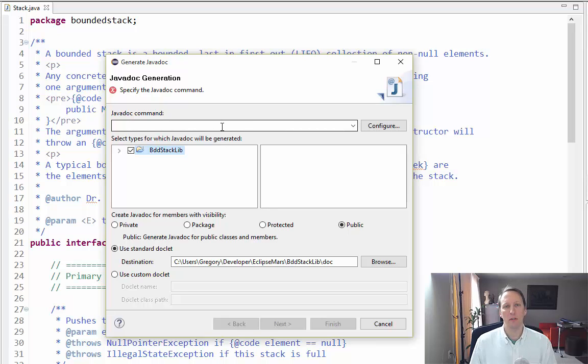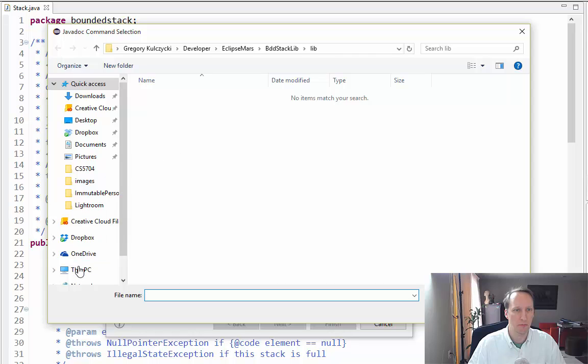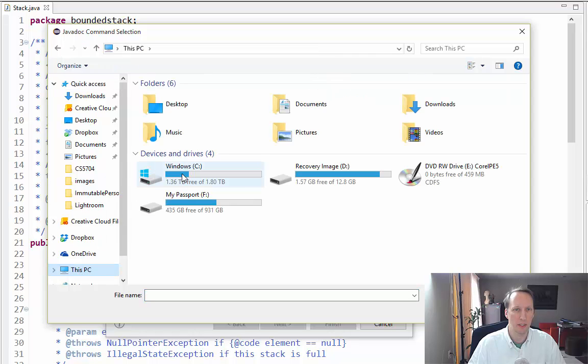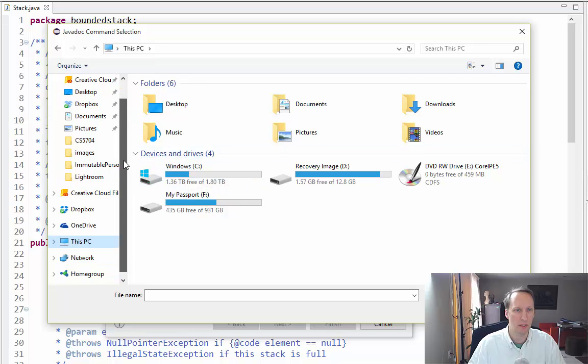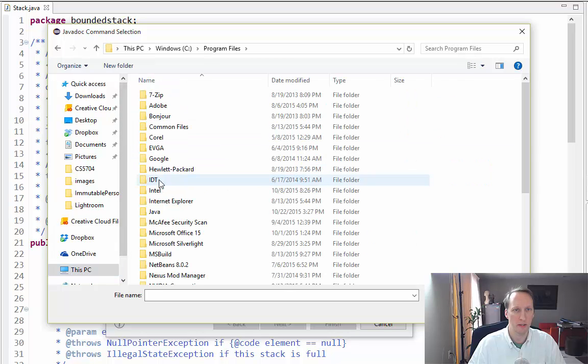In order to have a Javadoc command, you have to download and install the JDK. On Windows, the way you know you have the JDK on your system is, let me just find it and then you'll see where it usually is. I'm going to go to This PC and right to Windows, Program Files,